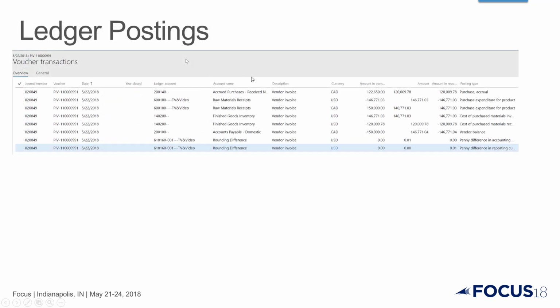So, ledger postings. Here's a ledger posting against a vendor, a purchase order. So you can see here's the posting of the vendor invoice. Here's your raw material receipts. And just so you know what you're looking at, this ledger posting here is your financial posting that occurs when you process the vendor invoice. So you'll see some reversing out, like you'll notice on this raw material receipts, you can see it reversing itself